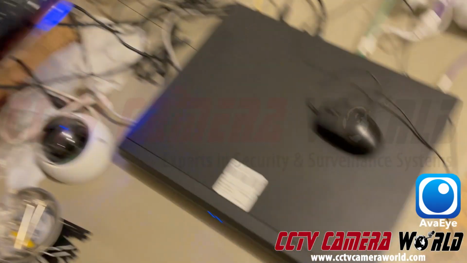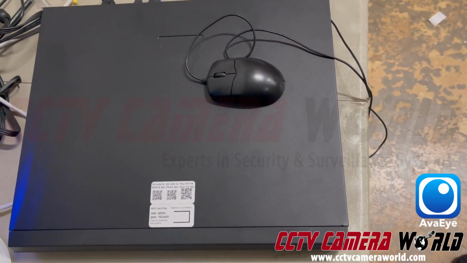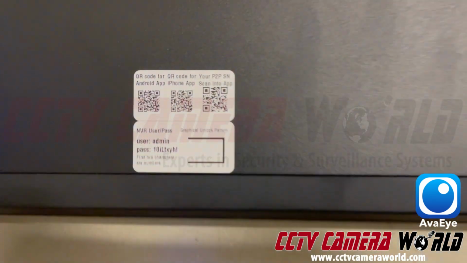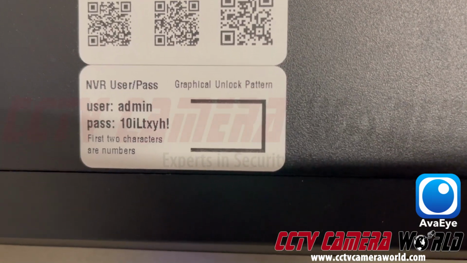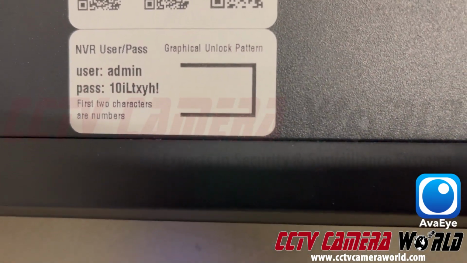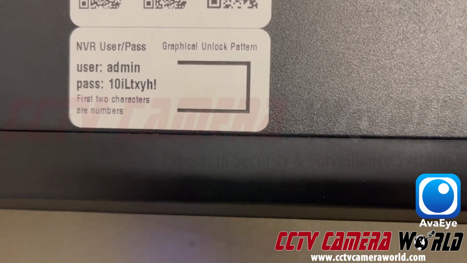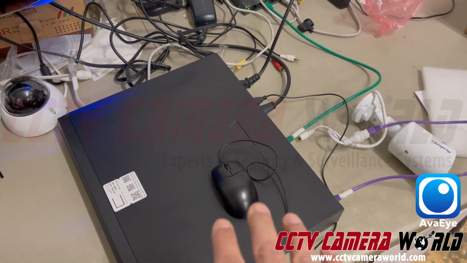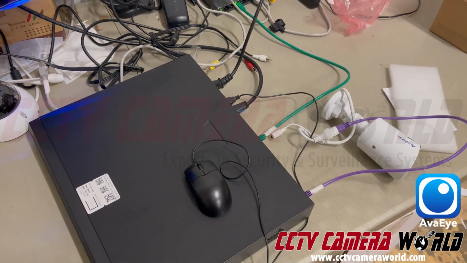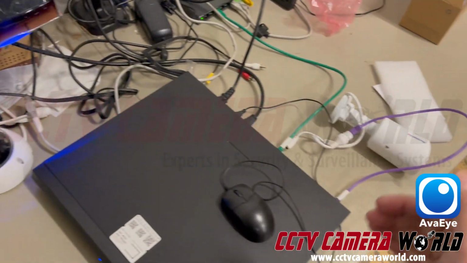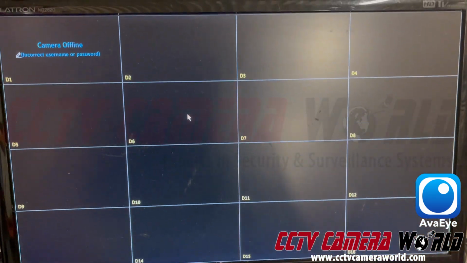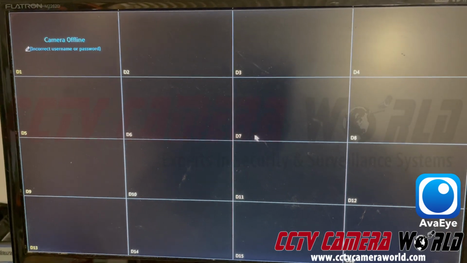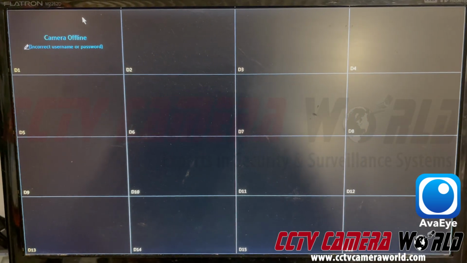In my case, this NVR is a brand new NVR. Pretend you just received it and you haven't changed the username and password, and that's the username and password. There's a graphical pattern and there's a written password as well. That written password is the password that the NVR is trying to use to connect to cameras. So if you connect a new camera you just got, and it's been a while since you've had the NVR, they were not both purchased on the same order from us, you may get this